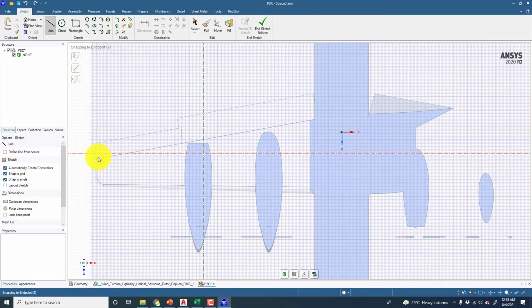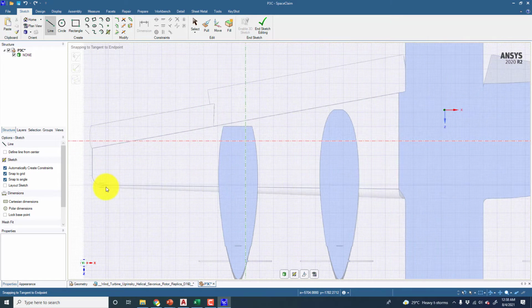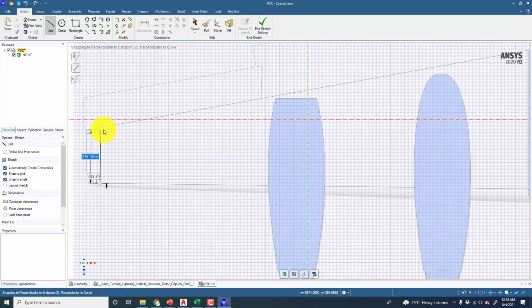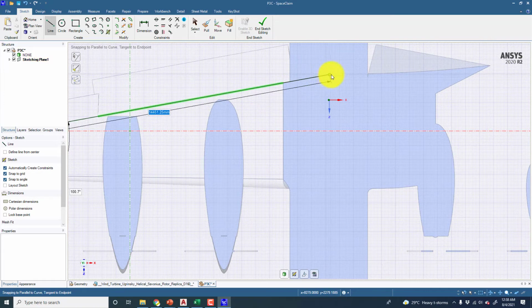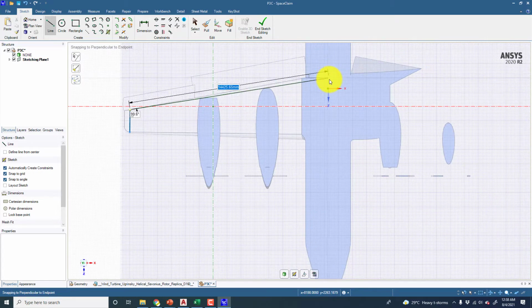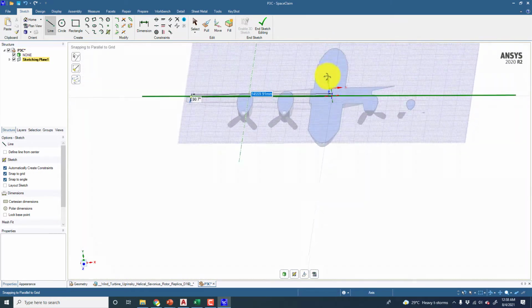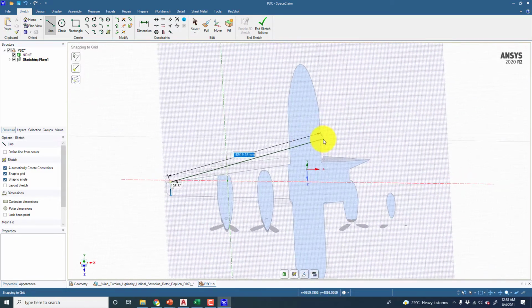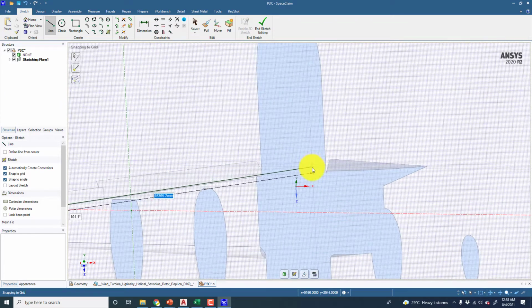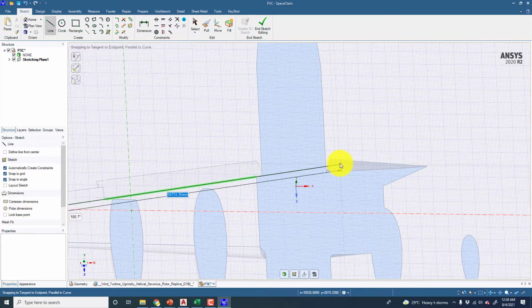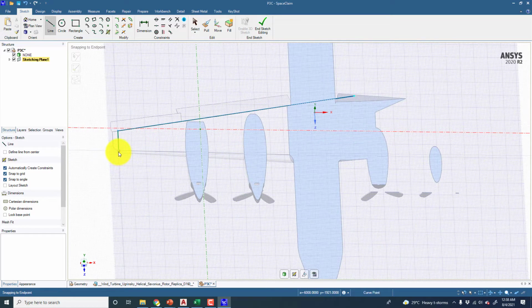So therefore, I'm going to use this wing only without these flaps, and I will take this up to the center line. So first of all, I think I should be making the one center line a center plane, so that can be done later on. First of all, I will be following the geometry of this boundary very roughly like this, and then make the one line, and it should be following like this.